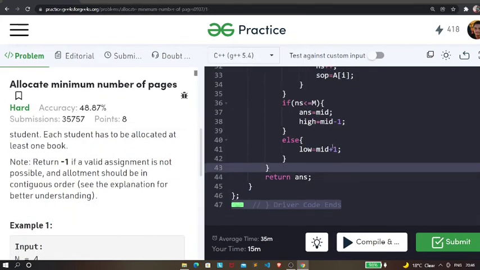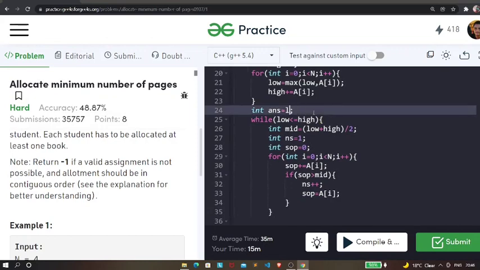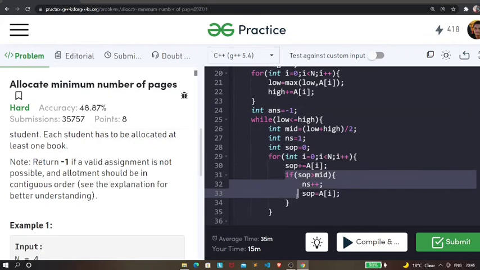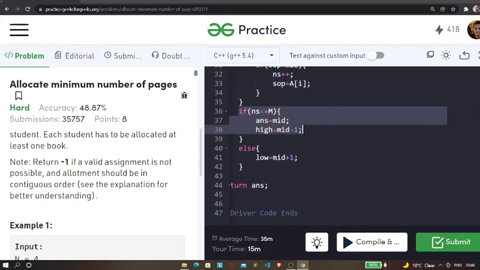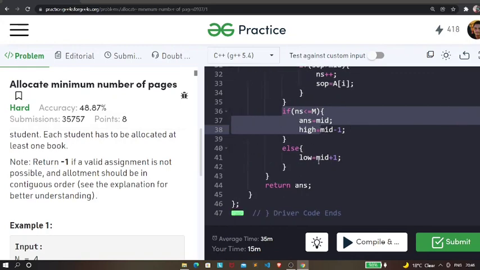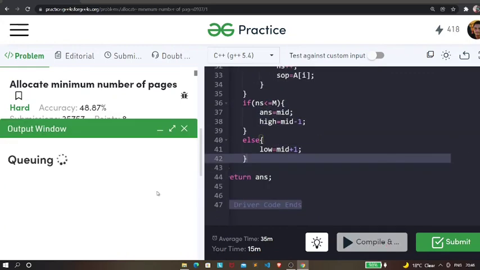Actually we need to make this answer -1, because as you can see over here, it is written to return -1 if a valid assignment is not possible. So answer is -1, and only if this condition is satisfied will our answer be updated. Now let's compile the code.